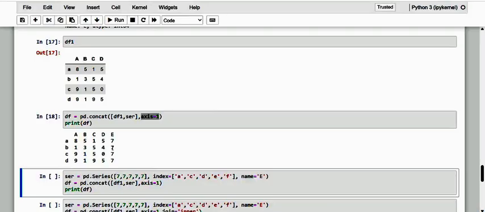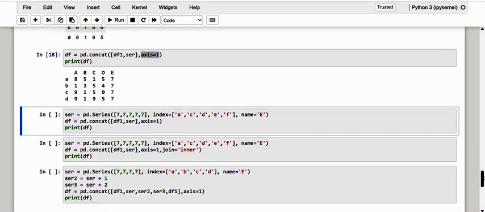And dear friends, this concatenation we can also make between data frames and series that are not homogeneous. Kindly have a note of it. Also with regard to this concatenation, if there is no perfect consistency between the row index of the data frame and those of the series, new rows will be generated with NaN values, that is, not a number. These are values added where there was no correspondence.